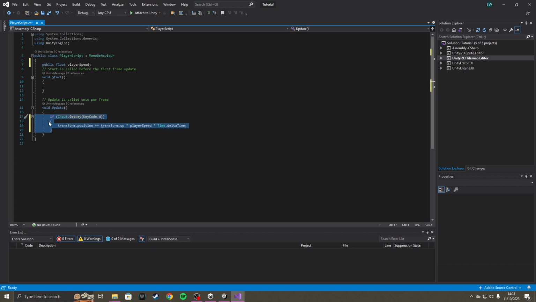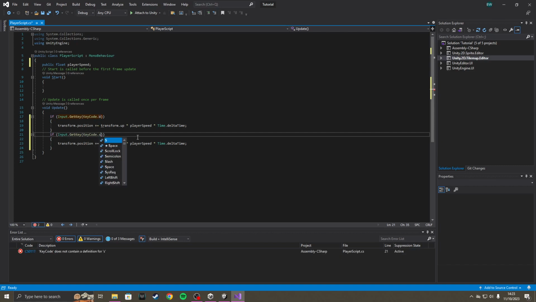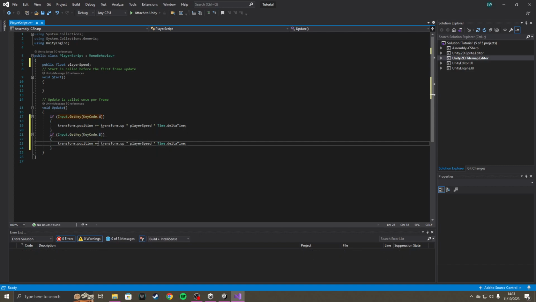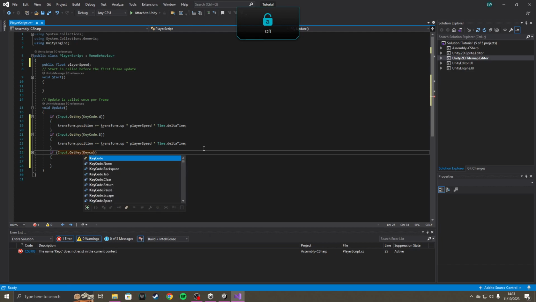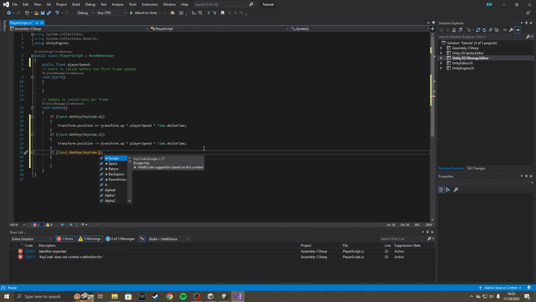I'm then going to copy this and paste it underneath, but I'm going to change the key code on the input here to S, and instead of increasing the up position, we want it to decrease the up position. I'm then going to make another if statement for the end that we want it to get another input. We want to get key, and we want it to be a key code of A,